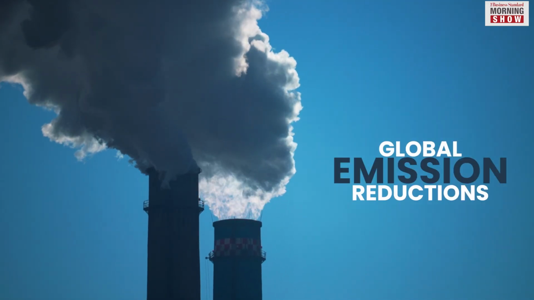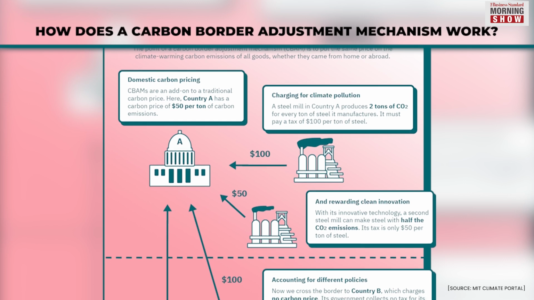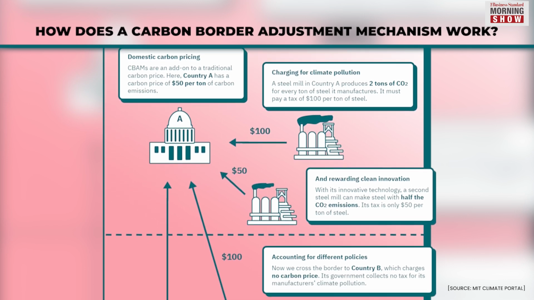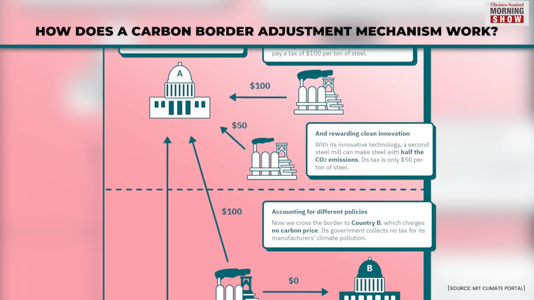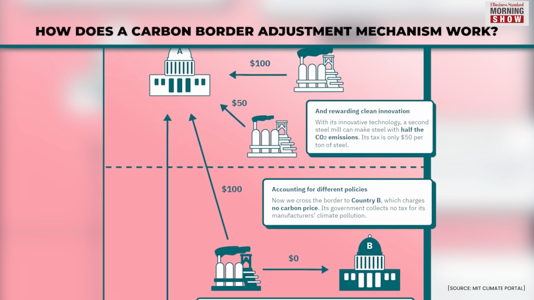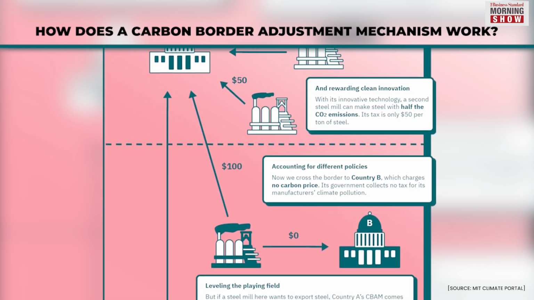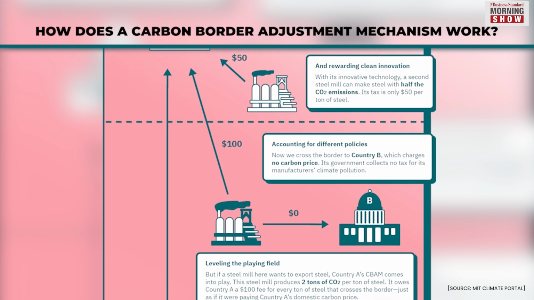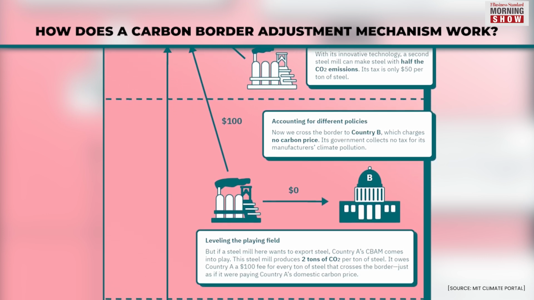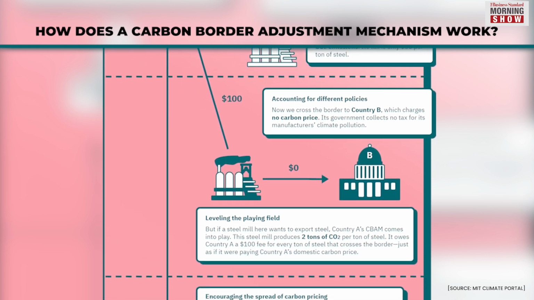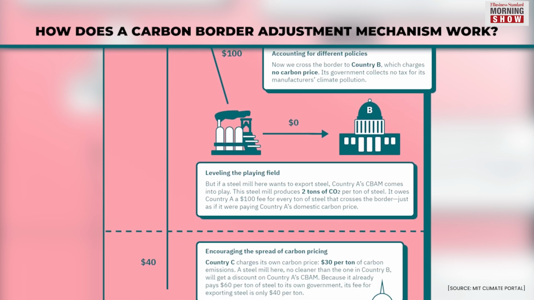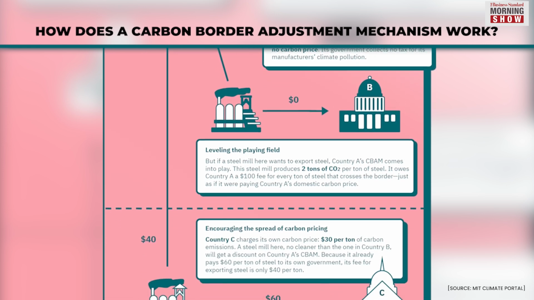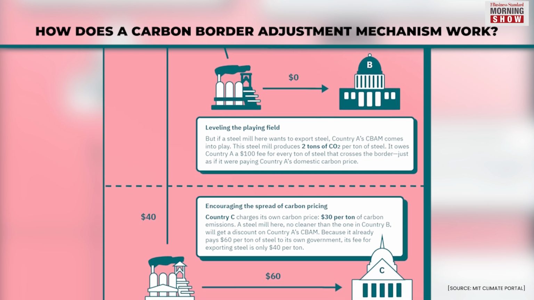global emission reductions. CBAM operates by calculating the carbon emissions embedded in imported goods, referred to as the carbon footprint. This calculation considers the emissions generated from raw material extraction to manufacturing and transportation. EU importers are required to buy carbon certificates equivalent to the emissions associated with their imported goods. If a country lacks a carbon pricing mechanism comparable to the CBAM, importers might face extra tariff or quotas as